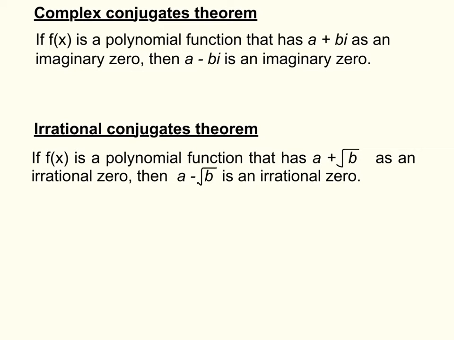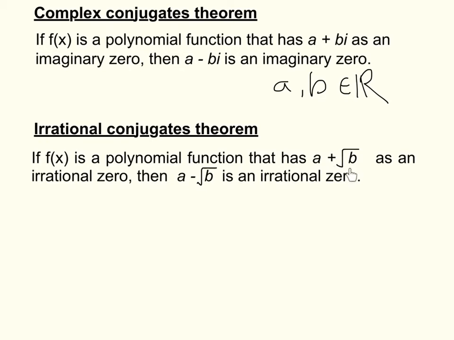If one's a 0, then the other will have to be a 0. Also some restrictions, just so you know: a and b have to belong to the real numbers with this theorem. Okay, so for the second theorem we have irrational conjugates, meaning if you have a polynomial function that has